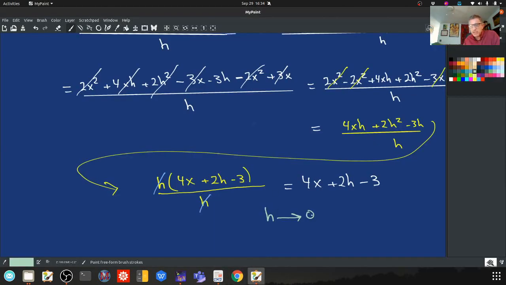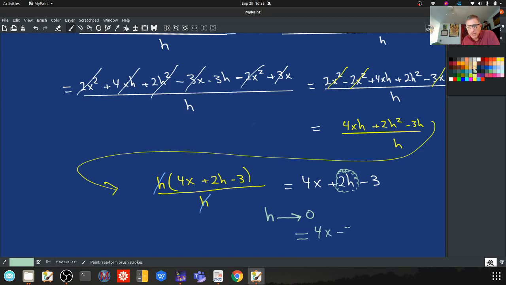So as h gets closer and closer to 0, no matter what the coefficient is here, I'm multiplying something really, really small, getting closer to 0, times something else, so it shrinks it, by what we said in our last lecture. So as h goes to 0, the 2h term gets closer and closer to 0,